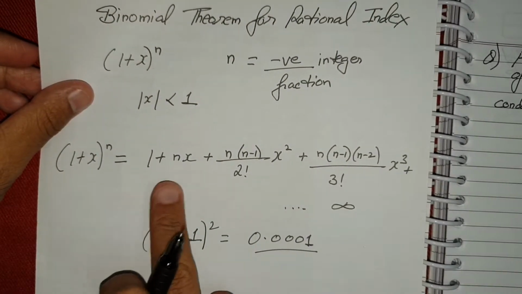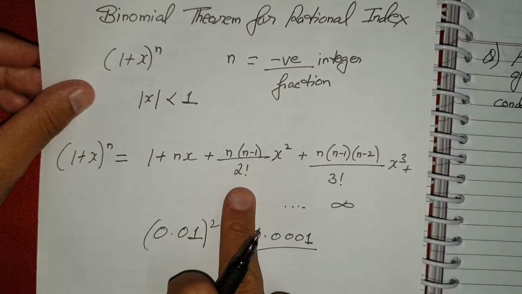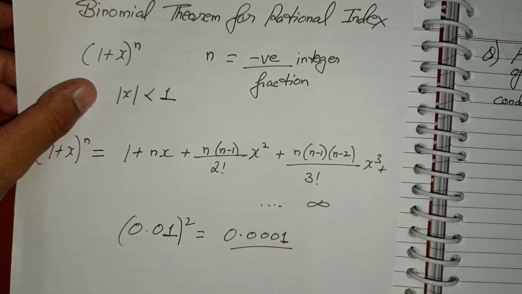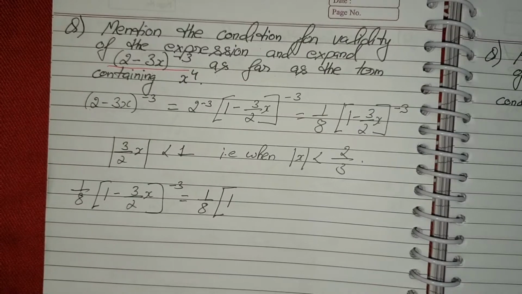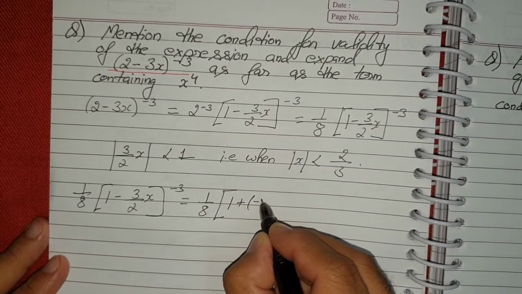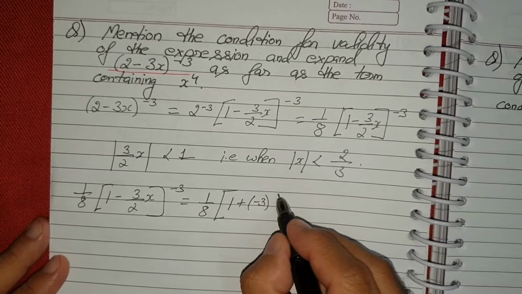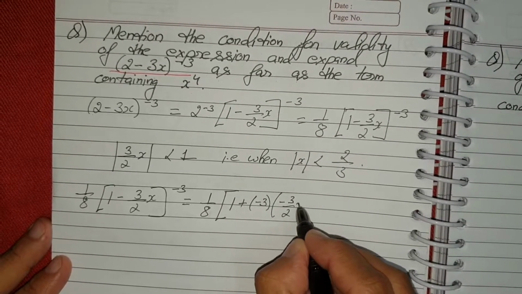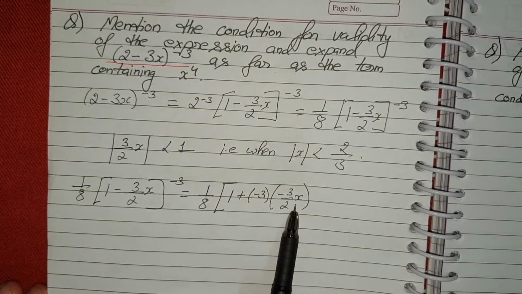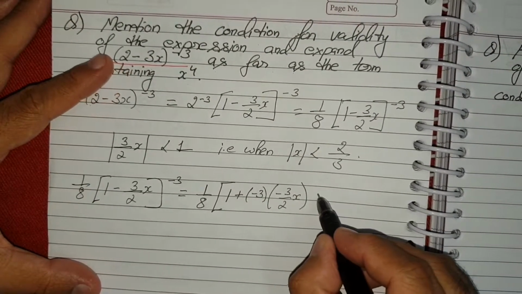This is 1 plus nx plus n(n minus 1) by 2 factorial x square plus n(n minus 1)(n minus 2) by 3 factorial into x cube. Okay, so by applying the formula, here n is minus 3. So 1 by 8, 1 plus (minus 3)(minus 3 by 2 x), this is x, plus the next term will be